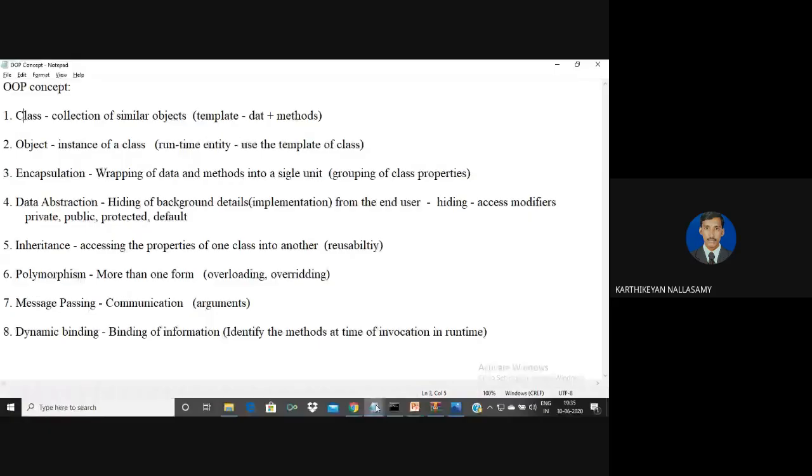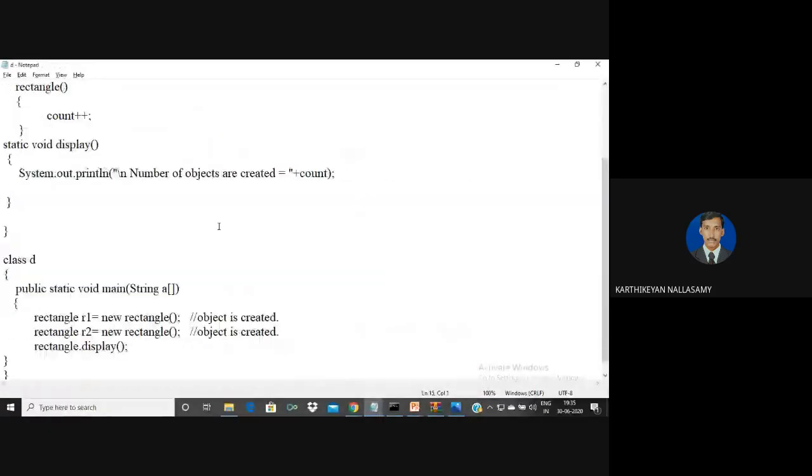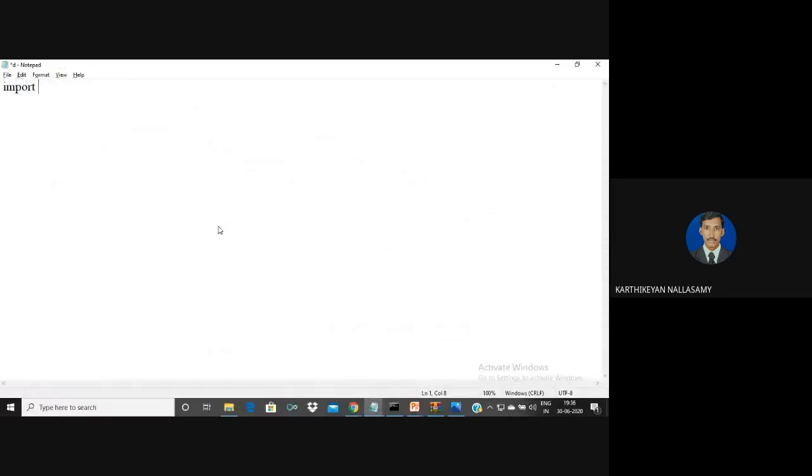So now we are going to discuss one simple example to define how the OOPS concepts are supported by Java. First, I am going to define a package according to the general structure. Already we are aware of that. Now first of all, you are going to create a general structure. For example, a class. I am going to create a class for rectangle. So here rectangle is a class. It provides a common template for rectangle properties.